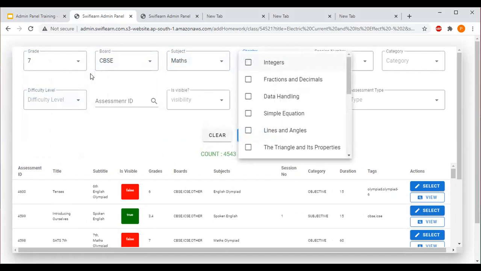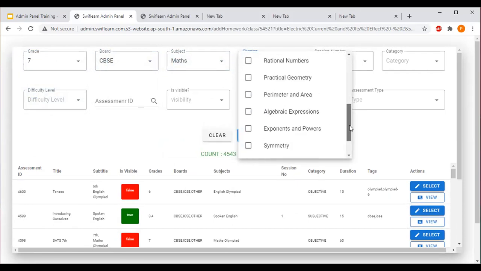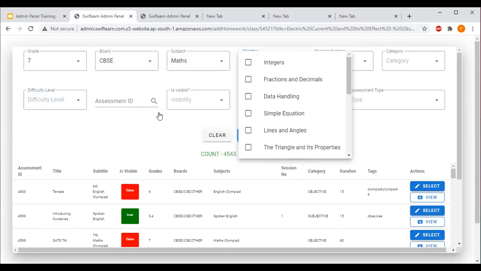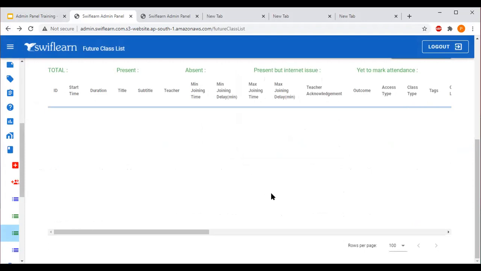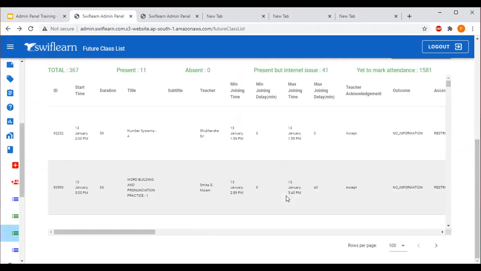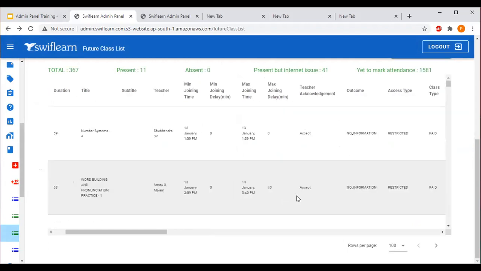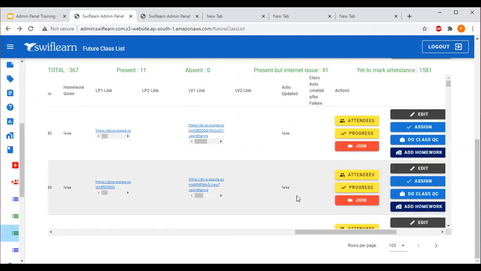Now try to find the chapter Playing with Numbers. If I get it, I assign the homework. If I'm not getting it, that means there is no assessment for this chapter. Now, if there is no assessment for this chapter, what does the teacher need to do? They have to click on this arrow. Then the teacher will be redirected to the home page, and after being redirected here, the teacher simply has to update the class progress. Now we will teach you how to update the class progress.